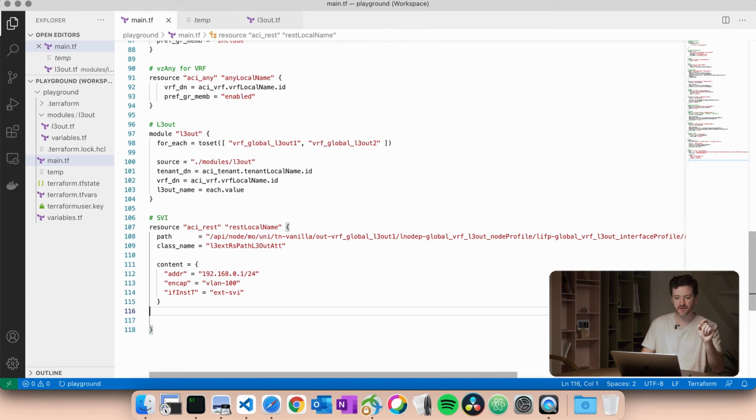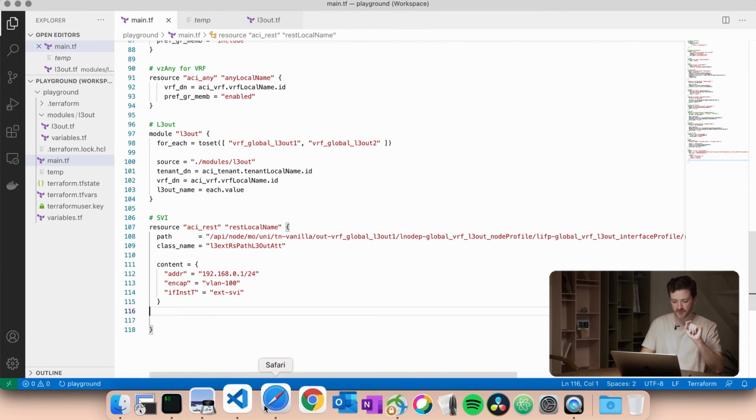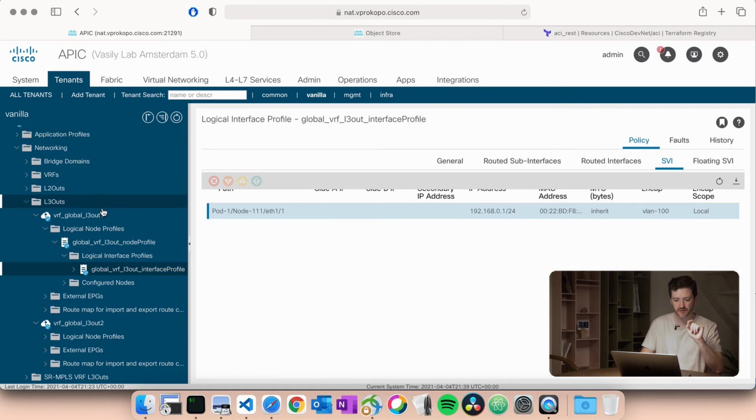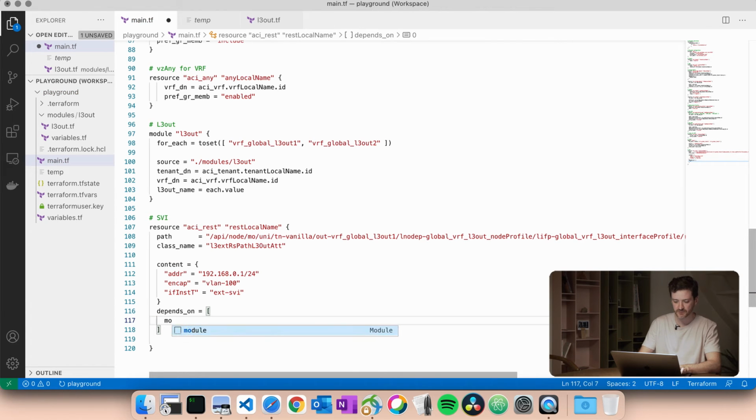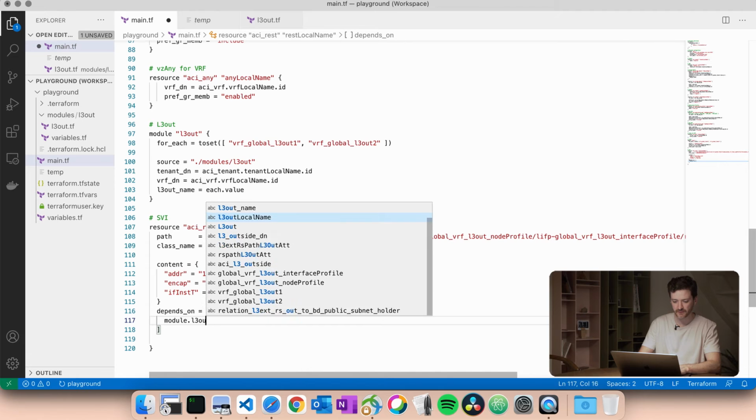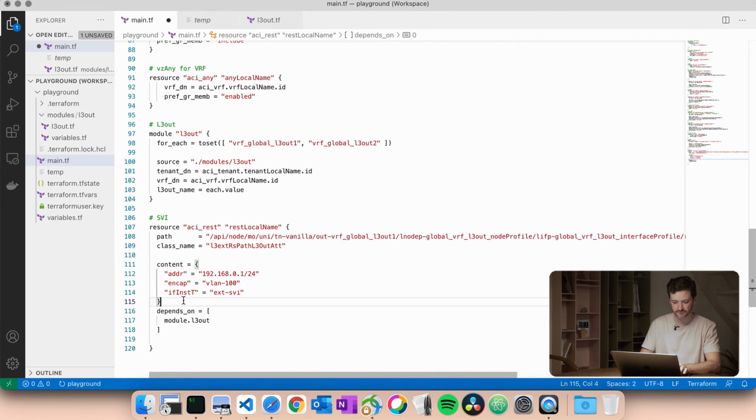And one important thing as well: this SVI is only created under the L3 out, node profile, and interface profile. So this one should depend on module L3 out. Okay,